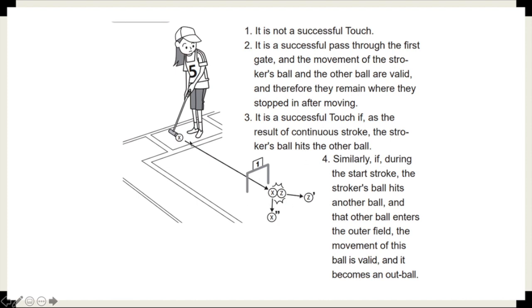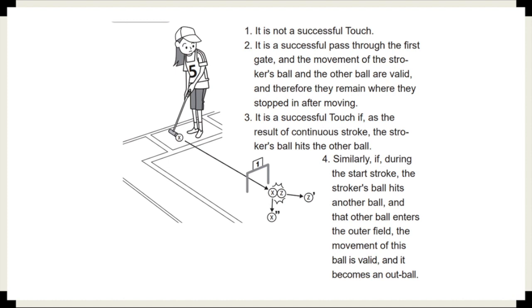Similarly to that fact though, should ball X pass through the first gate, strike ball Z and ball X becomes an out ball, ball X is an out ball, and you do not get your continuous stroke for running gate 1. Yep, I think we've accurately described that little section there, so we'll be moving on to clause 2, which is